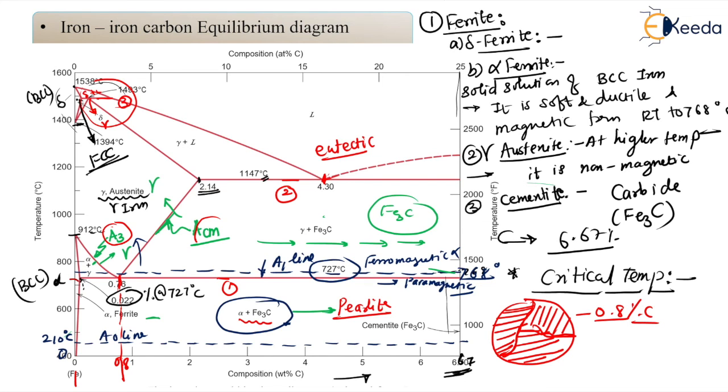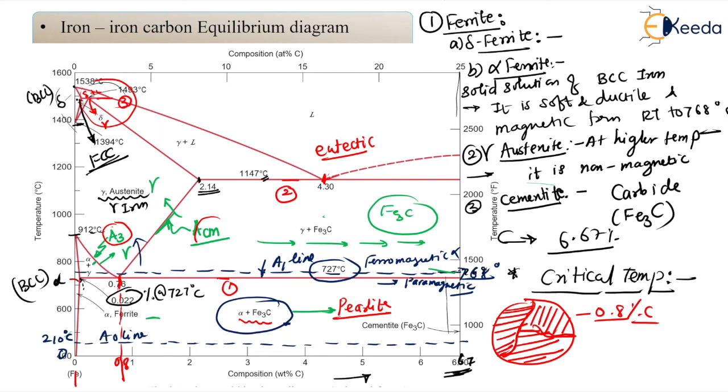But at the moment, what we are interested in is to know what are the various things that we have in this diagram. क्या क्या है इस डायग्राम में, बराबर. सो इस डायग्राम में हमने तो पहले सब फेजेस देखे, अल्फा फेज क्या है, डेल्टा फेज क्या है, ऑस्टेनाइट क्या है, देन सीमेंटाइट क्या है. Okay, then we understood about these various critical temperatures in this diagram. So A0 लाइन क्या कहती है, A1 लाइन क्या कहती है, A2 लाइन क्या कहती है. And अभी जो बात कर रहे थे हम A3 and ACM के बारे में.